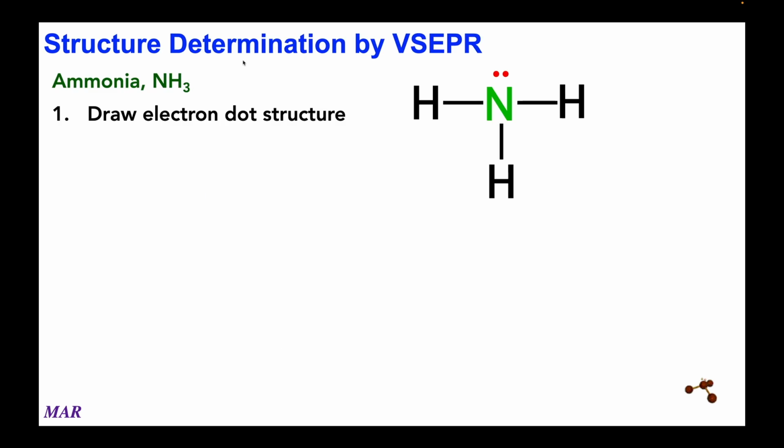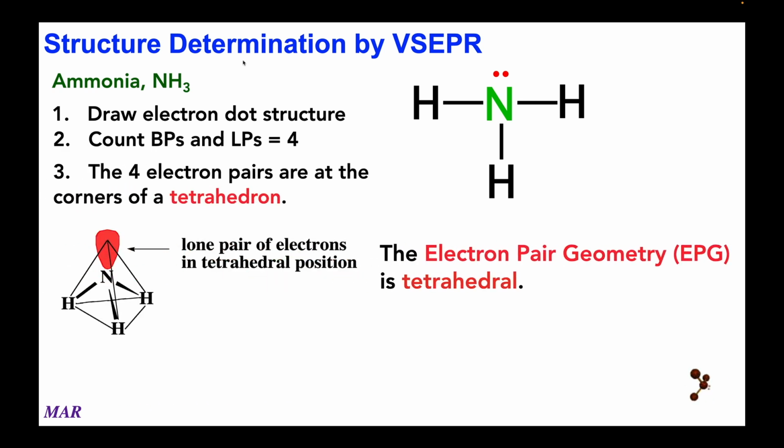So let's go back to the ammonia structure we looked at earlier. Ammonia was a nitrogen with a lone pair and 3 bonding pairs. Let's describe this molecule now using VSEPR, okay? So what you would do is count the total number of bonding pairs and lone pairs. Around nitrogen, you have 3 bonding pairs to hydrogens and 1 lone pair. So 4 pairs total means that nitrogen is going to be in a tetrahedron, or a